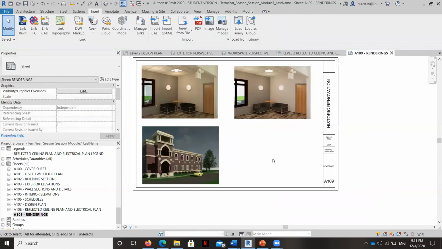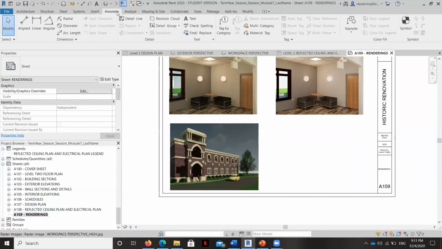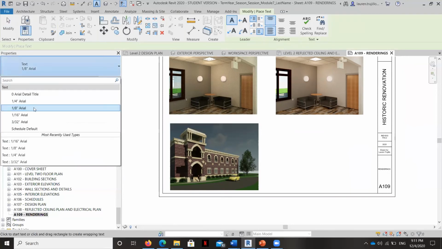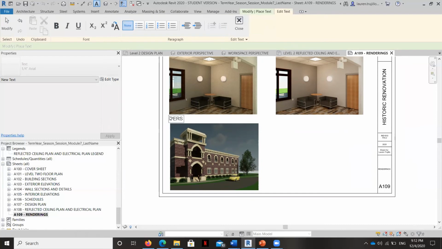So you can see here we've got a series of images, and then it's always wonderful to label so that your viewer doesn't have to think too hard about what it is that they're looking at. And I'm going to change my text size to 1/4 inch. And we can call this perspective of the workspace.